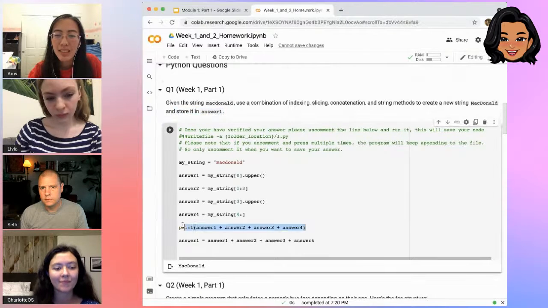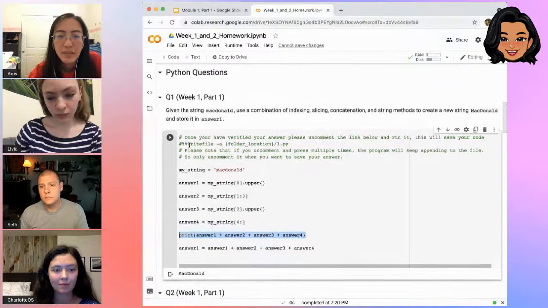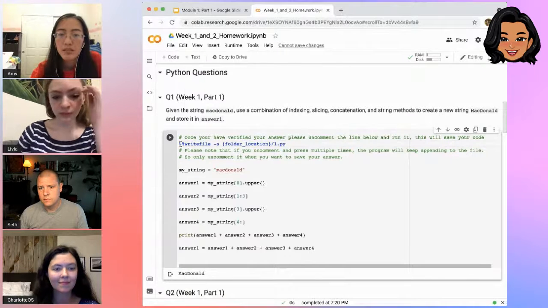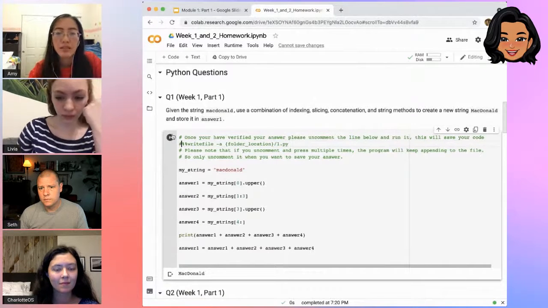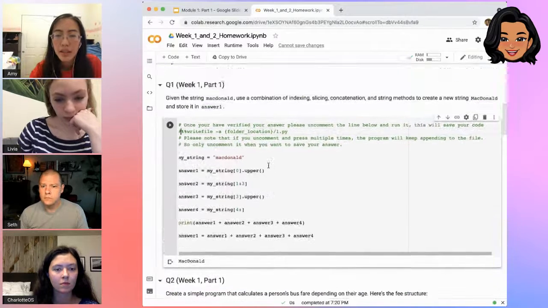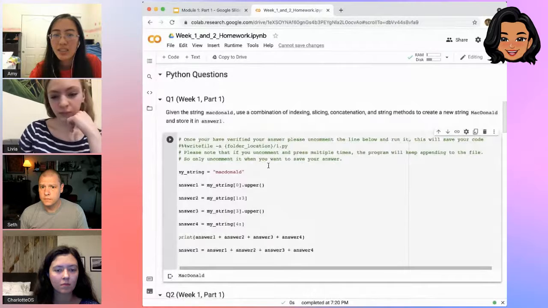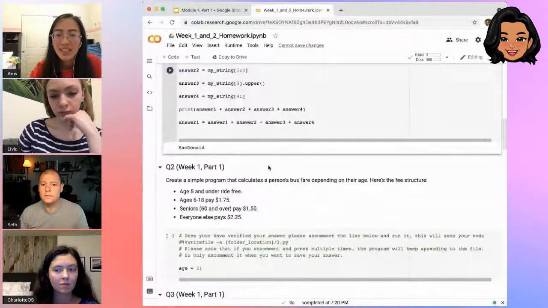But at this point, we've already gotten the correct answer. So that's awesome. If this was a homework assignment that we were trying to turn in, we would uncomment that one line and then press the run button again just so that it loads into the file. But it's not something that we need to turn in, so we're just going to move on to the next